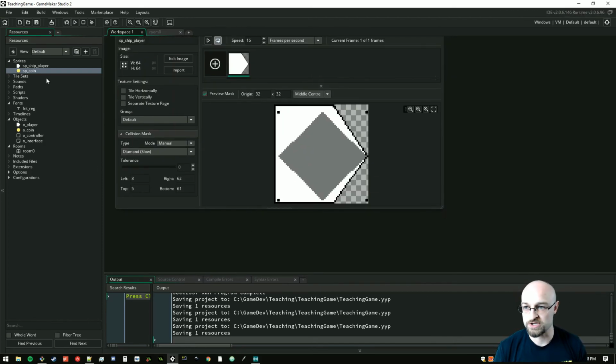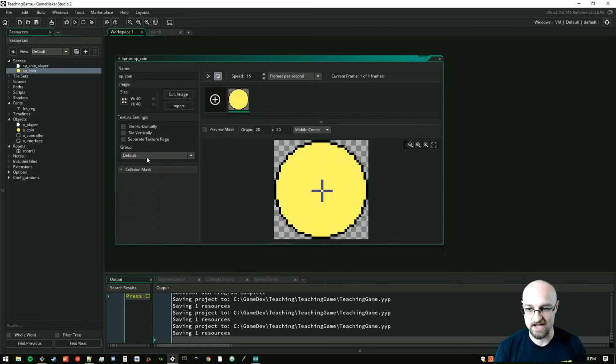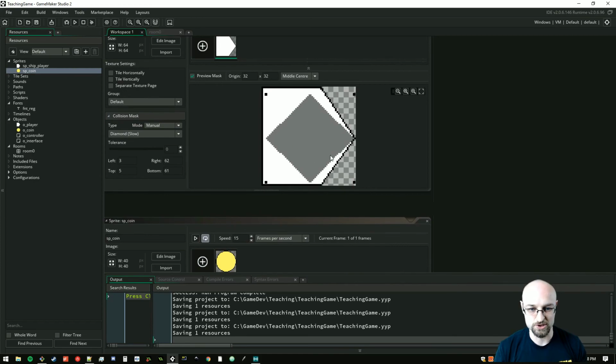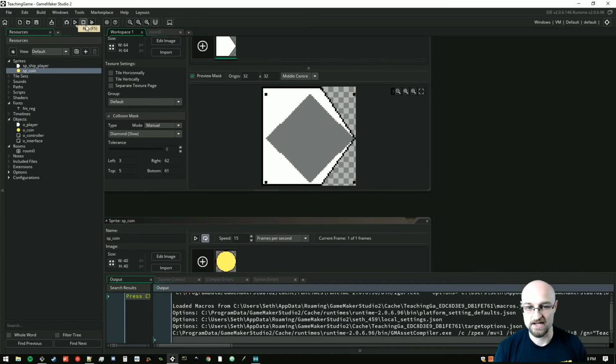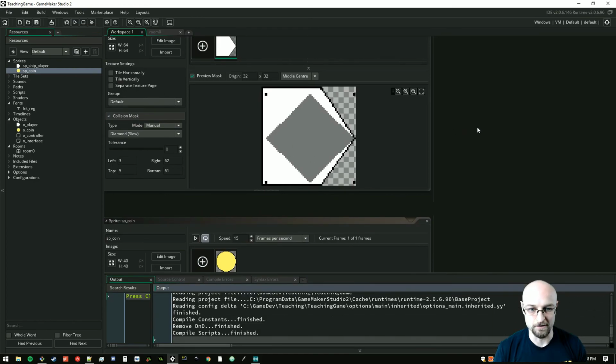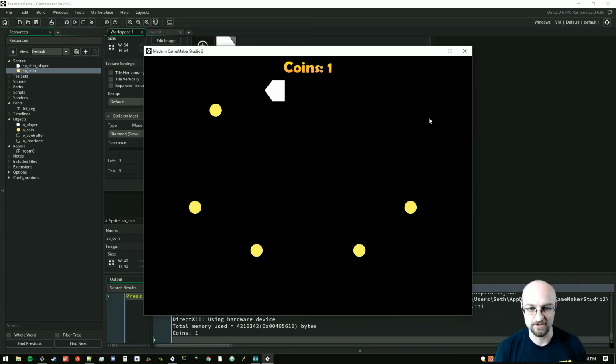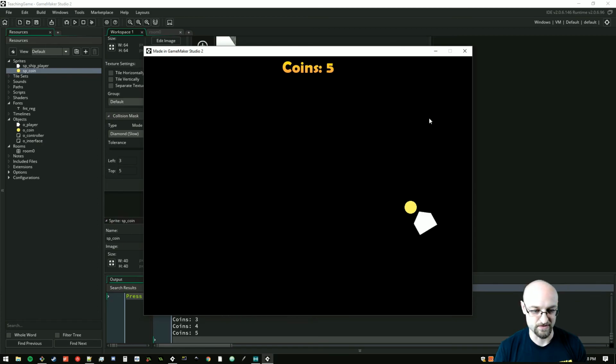Okay. So we've just adjusted our collision masks. So again, the coin is now a circle collision mask, and the ship is now this diamond shape. And let's hit play and see if that feels a little better. So this should mean that we actually have to really bang right into the coins to get it to work. So yep. That is a lot tighter,